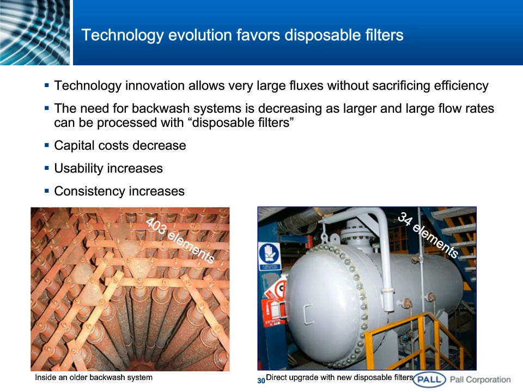power plant, an upgrade going from an older backwash system that needed 403 elements to process the water. And that was basically taken away and replaced by a much smaller filter system using only 34 elements. Now, these are disposable filter elements compared to backwashable, so they do need to be changed, and typical change out could be every 6 months, or every year in the case of really a baseload plant where we don't see a lot of these startup shutdown situations that we know contribute large